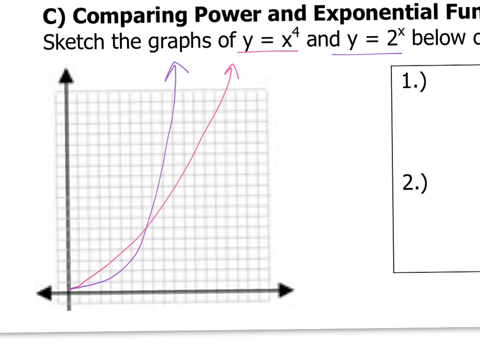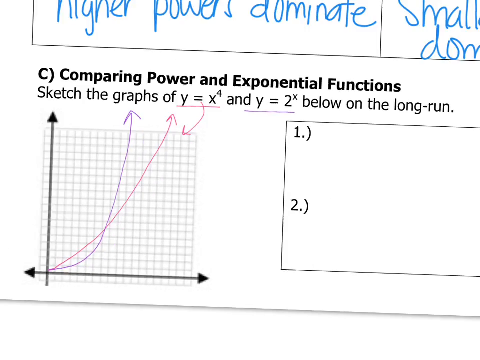So I graphed y equals x to the fourth here in pink. We're seeing it kind of starts off growing quicker than the exponential, but then the exponential y equals 2 to the x, which I have here in purple, in the long run is going to dominate, okay? So summarizing that,